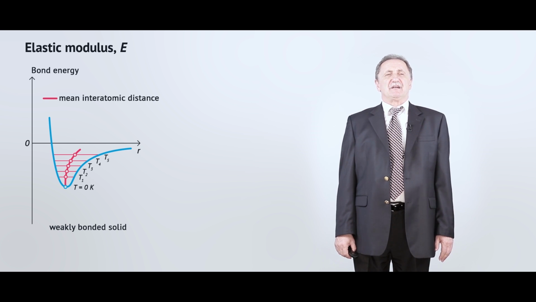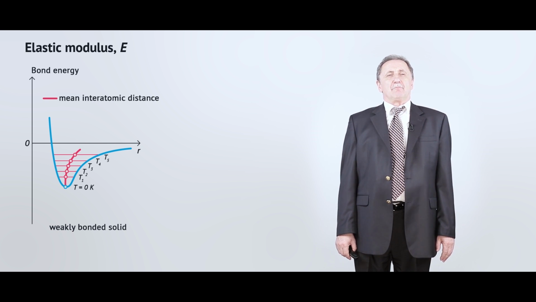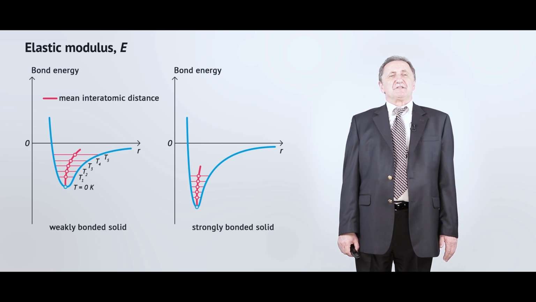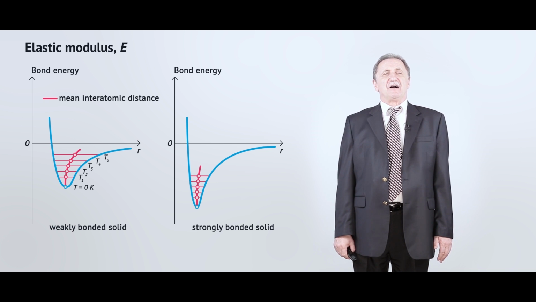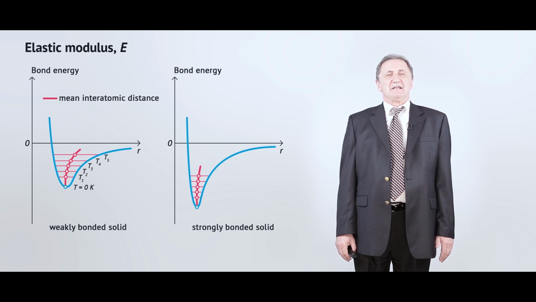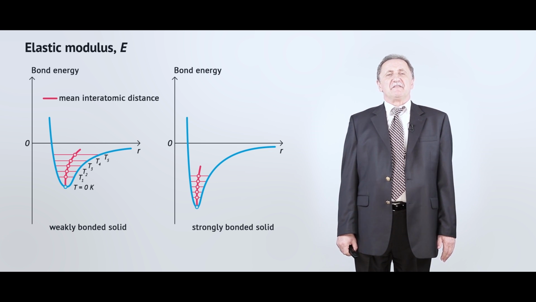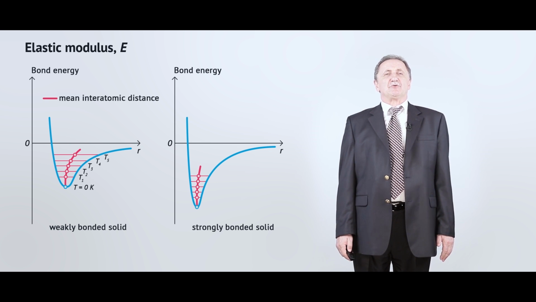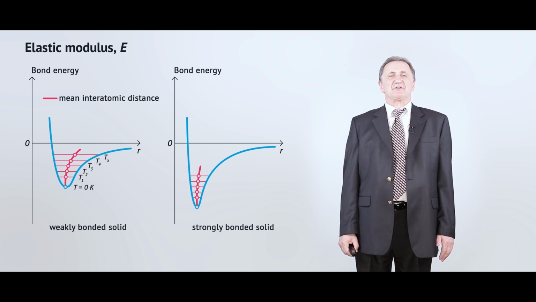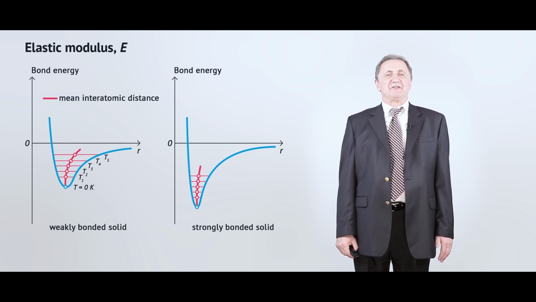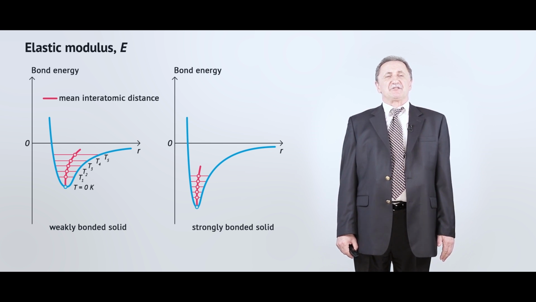So as we have discussed in the case of the elastic modulus, for the material with the lower value of bonding energy, the view of the energy function is much wider than in the case of the strongest material. And so if it's so, then it's easy to understand why the coefficient of thermal expansion will be much higher for the case of the weaker material than for the case of the stronger material.